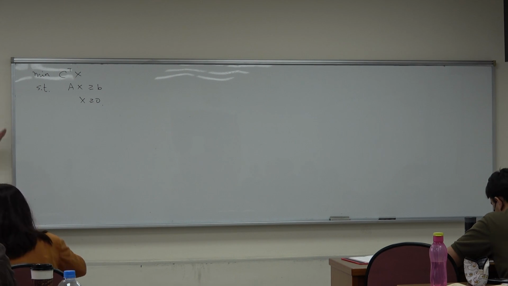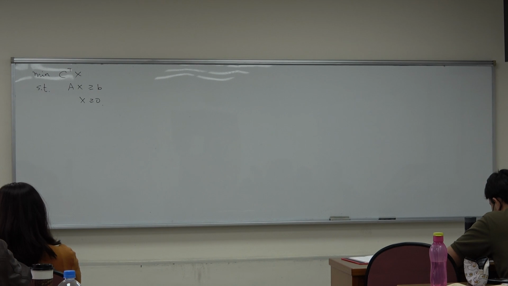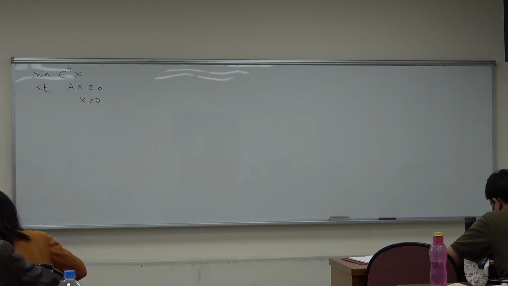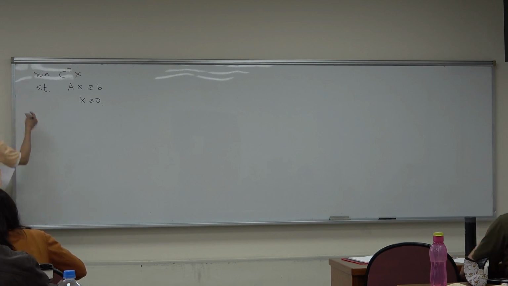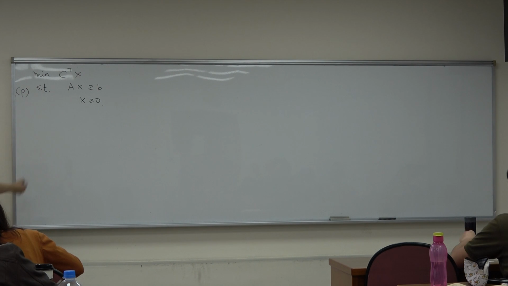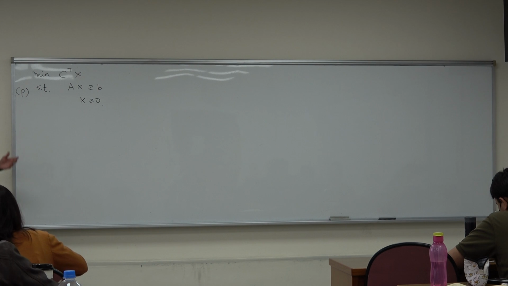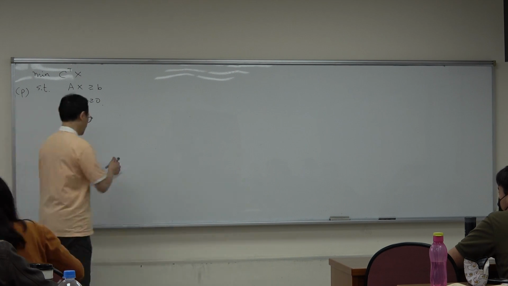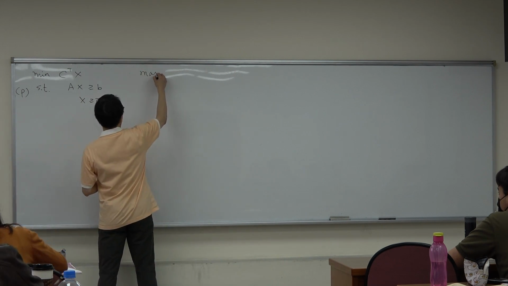Sometimes we have this minimization problem, minimize Cx subject to Ax greater than or equal to b and x greater than or equal to 0. Suppose I give you this kind of problem and ask you to solve it. Initially, we'll call this a primal problem. And if you find this one is tough to solve, maybe I will transform it to its dual. And its dual becomes